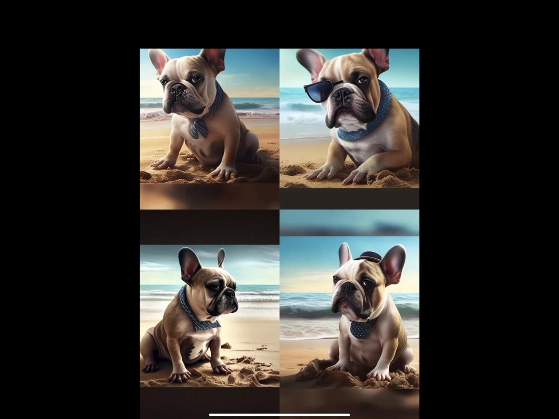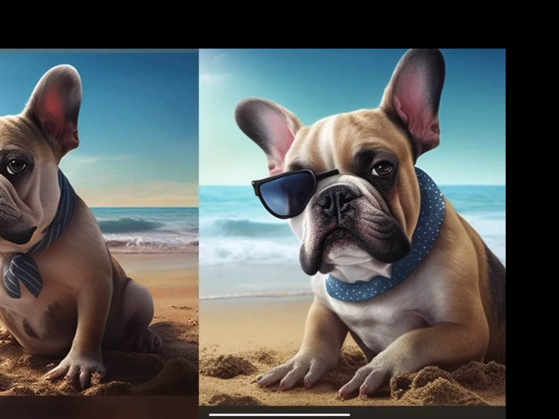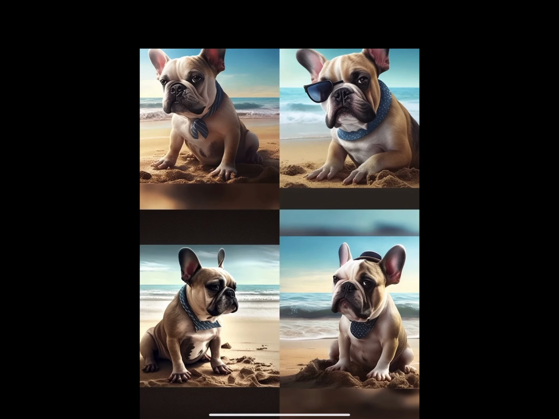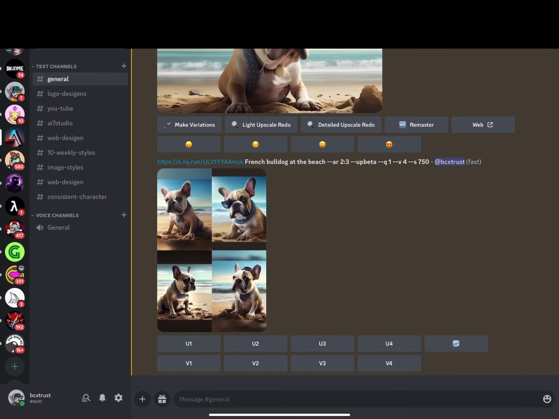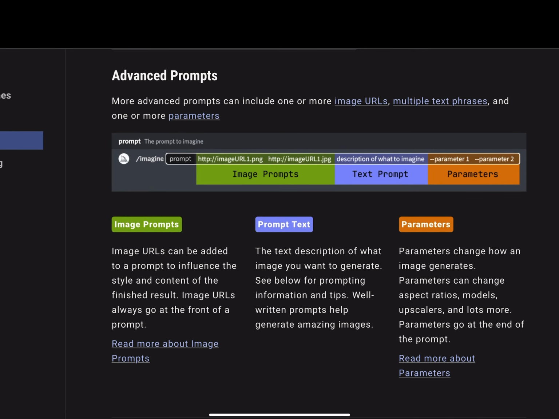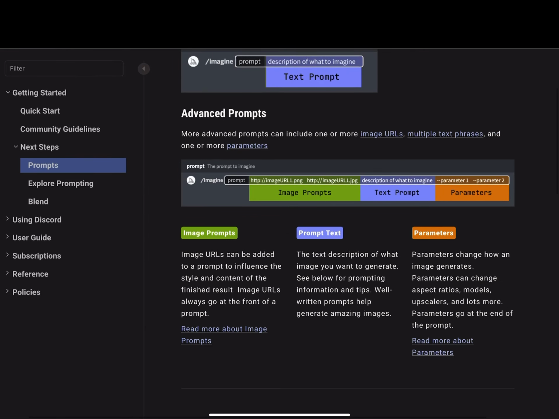So if we have a look, I think it's pretty close to the style of the other one. Here he's wearing half of a glass that looks also very funny, so sunglasses. And you can use this, and we used now the image URL or the image source to make it more similar. So this is the first easiest prompt, and this was basically what we did here with the advanced prompts